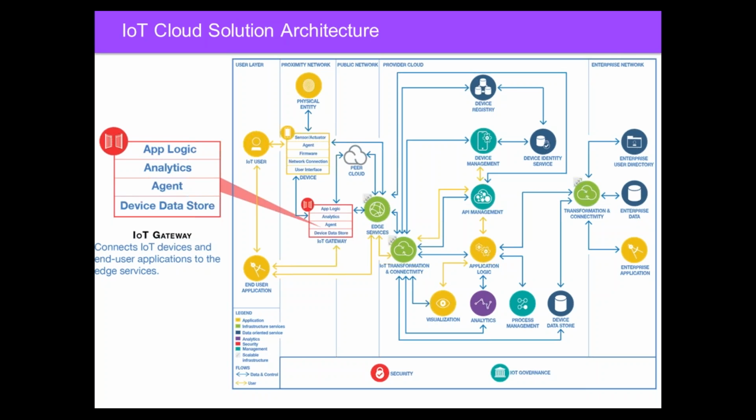And that also becomes very important when you're talking about non-continuous connections, so you can't think that bandwidth is unlimited. A lot of these devices are going to be connected with things like 3G or 4G, and that data and bandwidth is expensive. So trying to send up only what I do need to do the analytics in the cloud, but be able to do some of the filtering at the edge becomes very important.